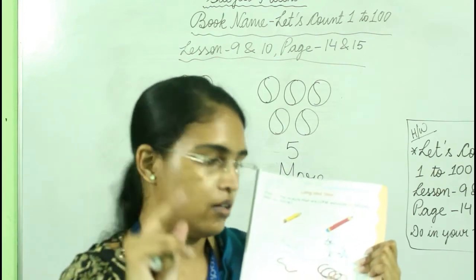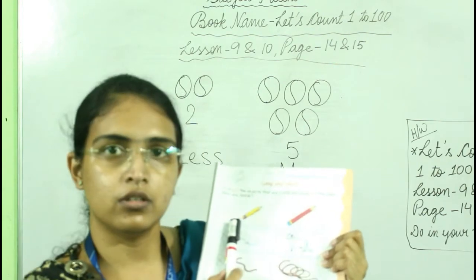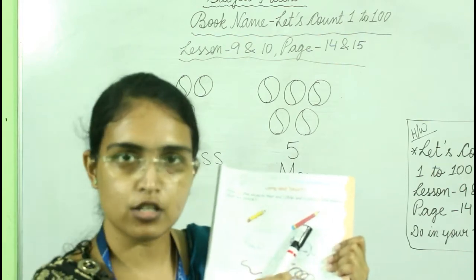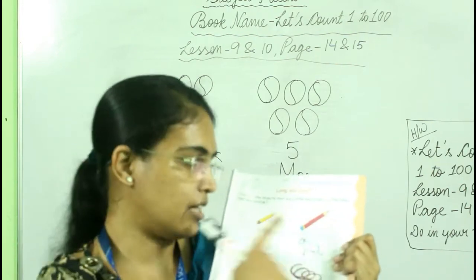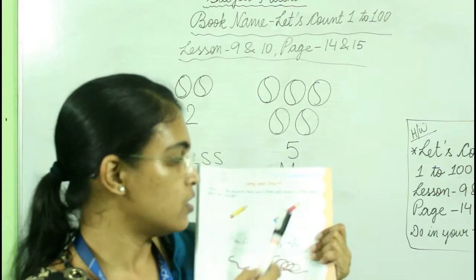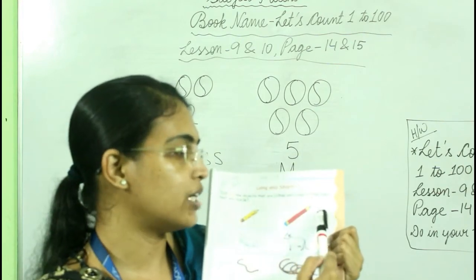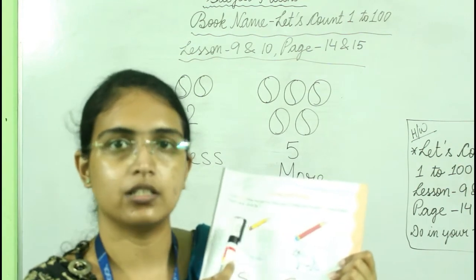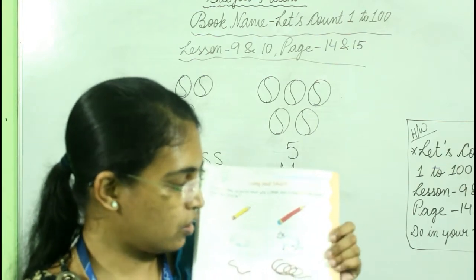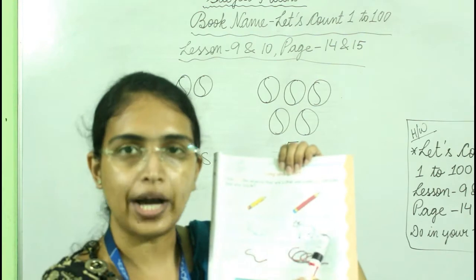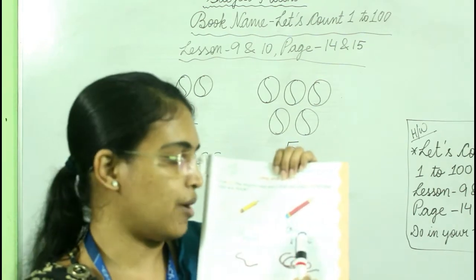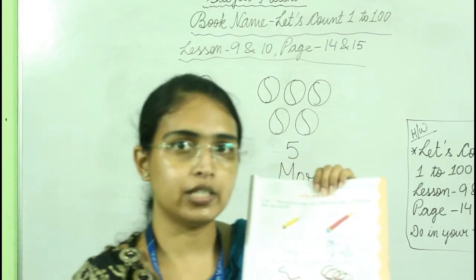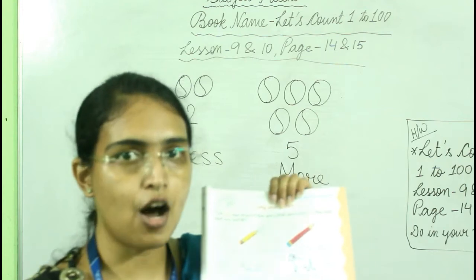Long means lamba. कौन सा लंबा है देखो तो? This one. This one is long, right? ये इतना है and this one is इतना बड़ा. So this one is long. So you have to put a tick mark in this circle and put a cross mark in this circle, okay? Now look, in second group there are two animals. One is rabbit, another one is cow. So can you tell me who is long, rabbit or cow? Yes, cow is long, right?